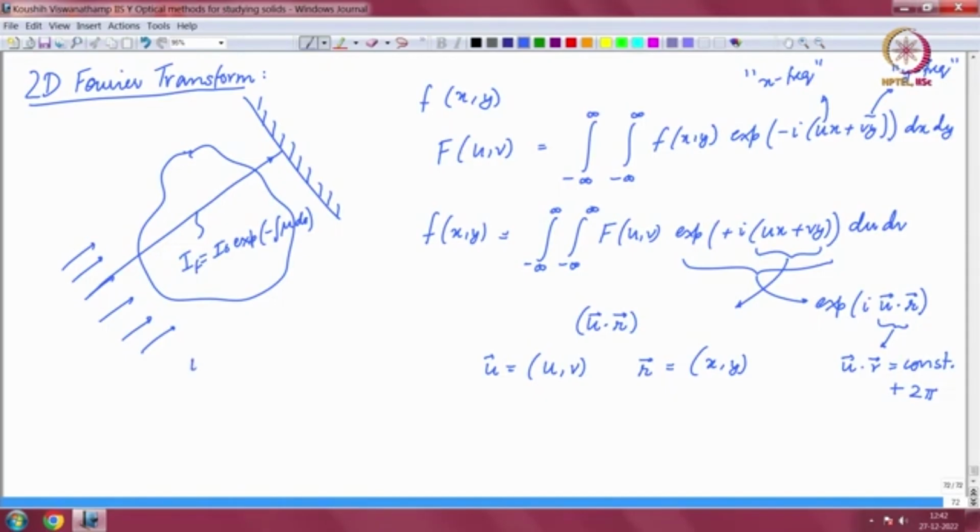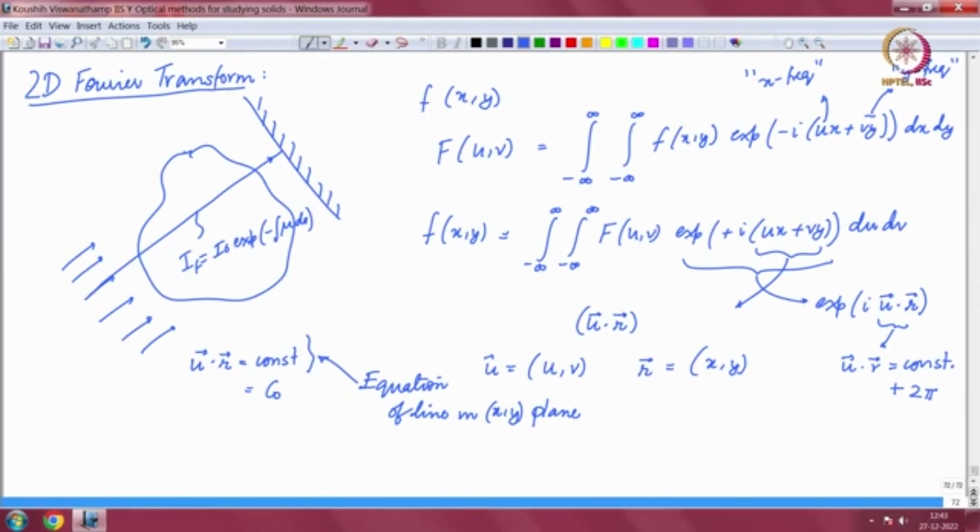This value of u bar dot r bar equal to constant, this fellow represents the equation of a line in the plane, in the xy plane in this case, right. And the line is distant, let us say its constant is equal to some c naught. The distance of the line, the offset or the intercept on the y axis is given by c naught,